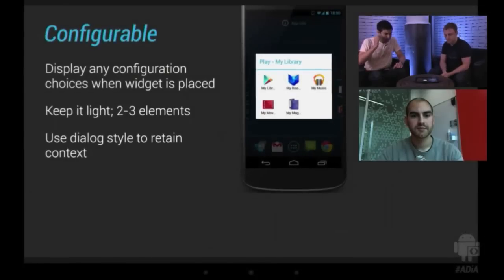All right. And this is a few more guidelines. We touched briefly on the configuration, but this is an example of what it might look like. So if you drop the Google Play library widget, which shows you all your books and movies you've been watching lately, you'll get this dialog which will pop up offering you, if you want to personalize it, just one of the media sources. So some general guidelines about creating these configuration steps is you want to keep it very